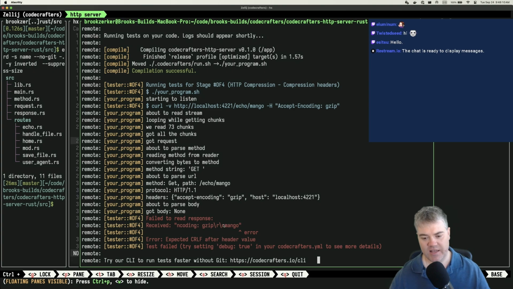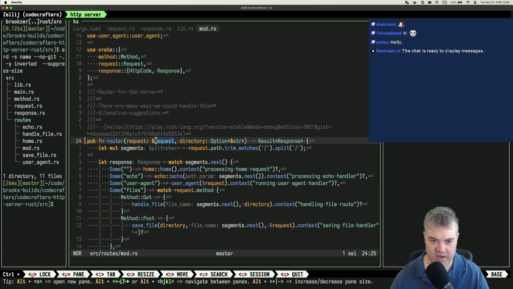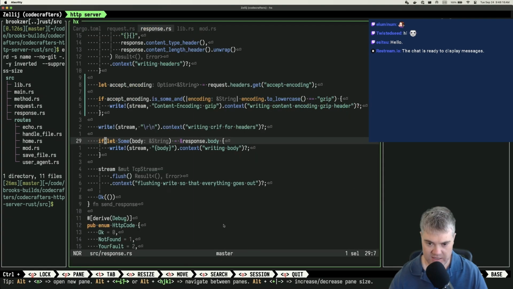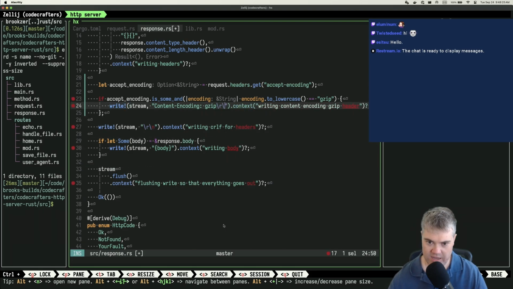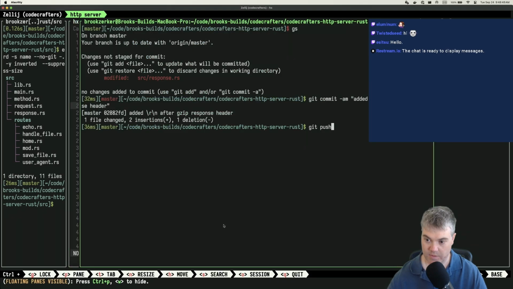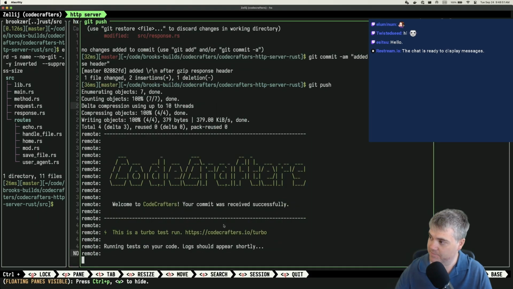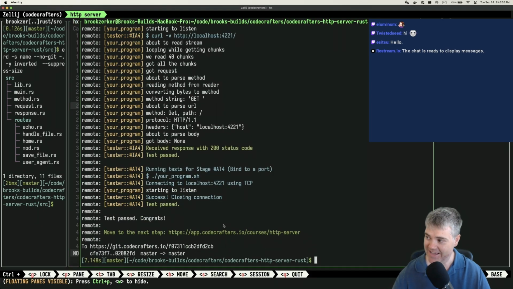Expected, oh, a CRLF after the header value, right. Forgot that you're supposed to have a CRLF after this. So \r\n, there, like that. Okay, let's see if that works. There we go. Okay, so now it passed those tests. Let's take an aside